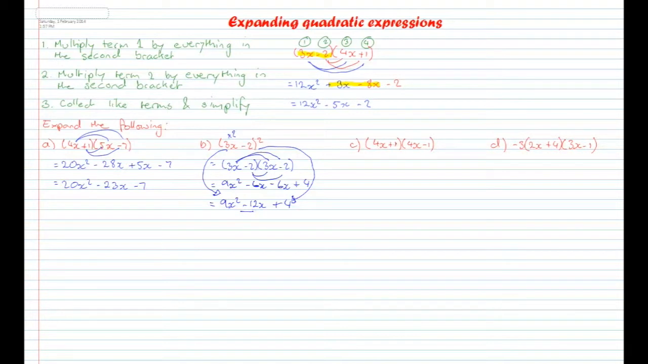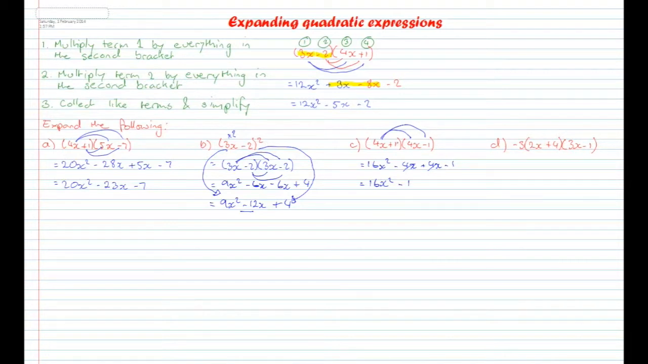Right, this one here, you've got 4x plus 1 times 4x minus 1. So 4x times 4x becomes 16x squared. 4x times negative 1 becomes negative 4x. 1 times 4x becomes 4x. And 1 times negative 1 becomes negative 1. So that then gets you 16x squared. Negative 4x and 4x, well, they're going to cancel each other out because you're just going to get 0 minus